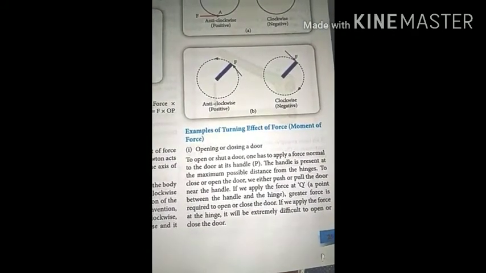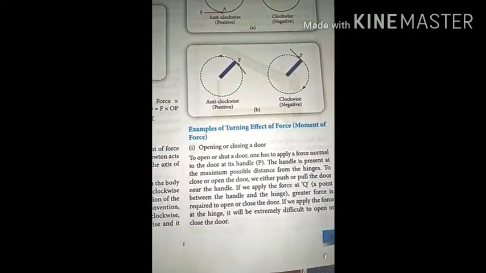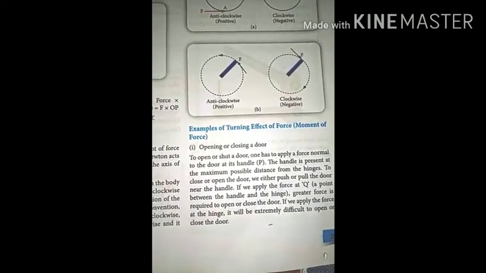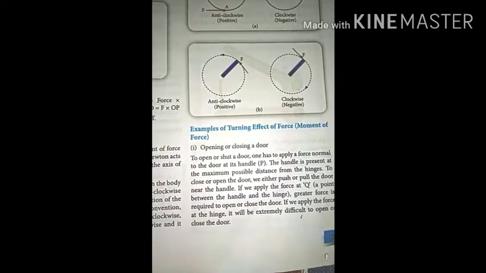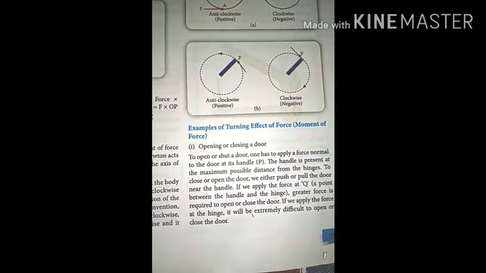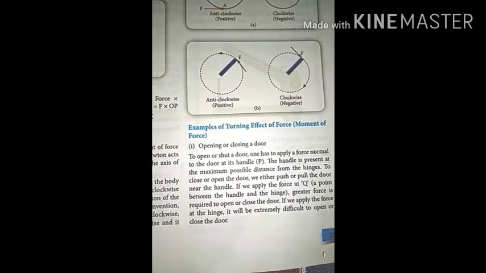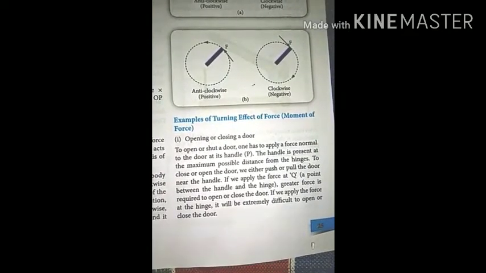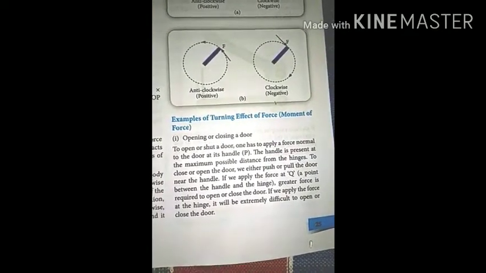The turning effect of force is more if the distance between the force and the hinge is more. The turning effect of force is less if the distance between the force and the hinge is less. If we apply force at the hinge, it will be extremely difficult to open or close the door, because